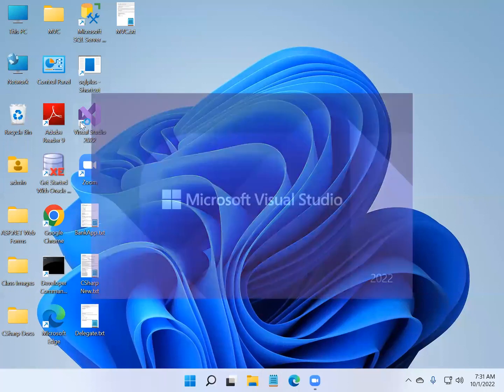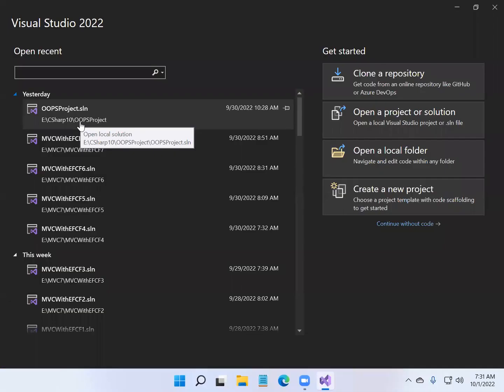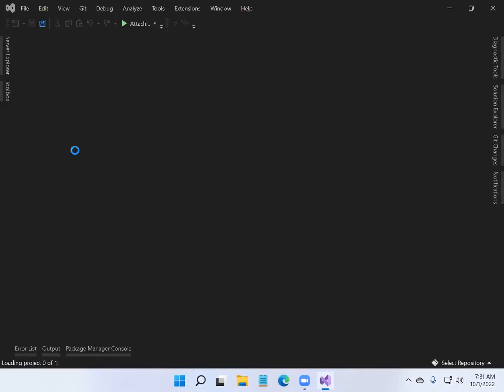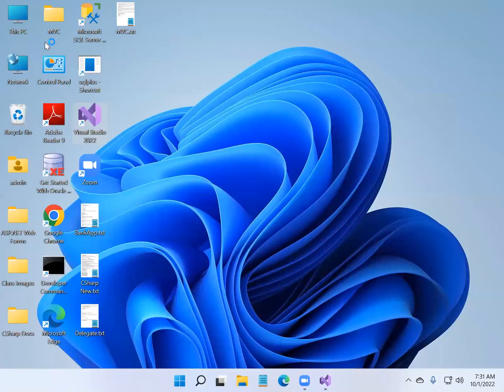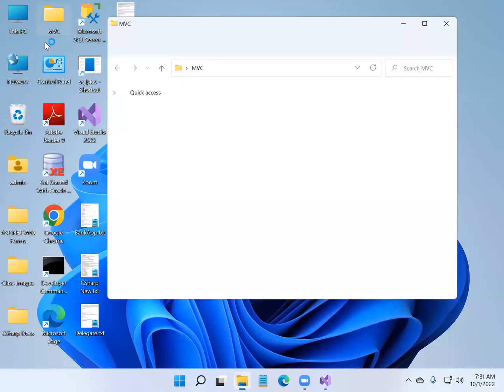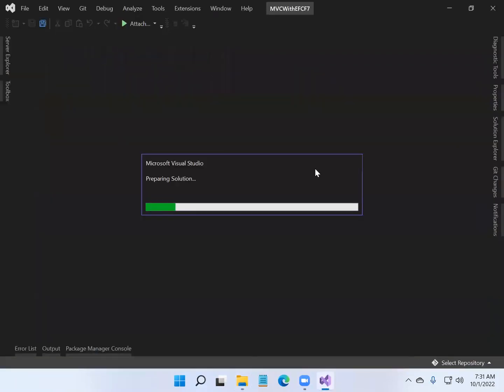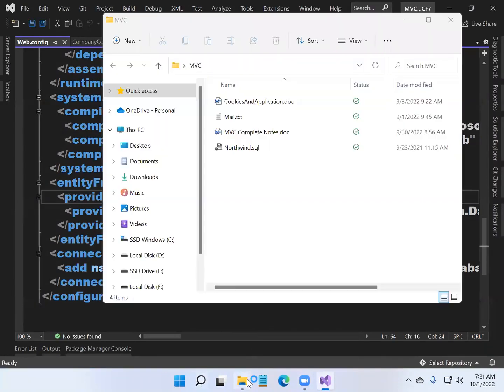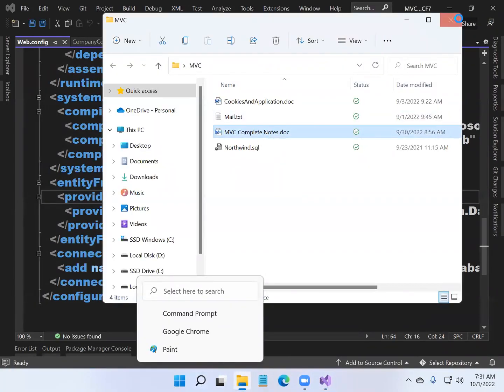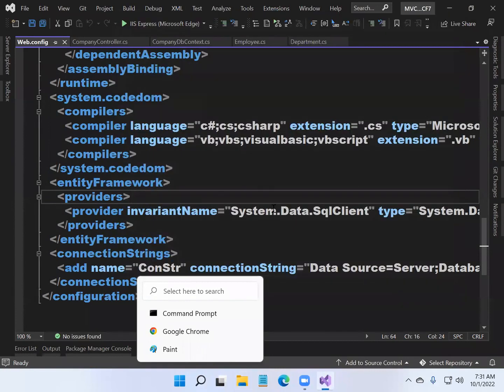The last day, what we're discussing, the inheritance strategies, right? Two things we completed: one to one or zero, many to many. The next one is one to many. One to many we already saw. I have done one thing. One to many we basically do with department and employee table. Every department has multiple employees and one employee has one department. So we already learned it, but just to demonstrate it one more time,